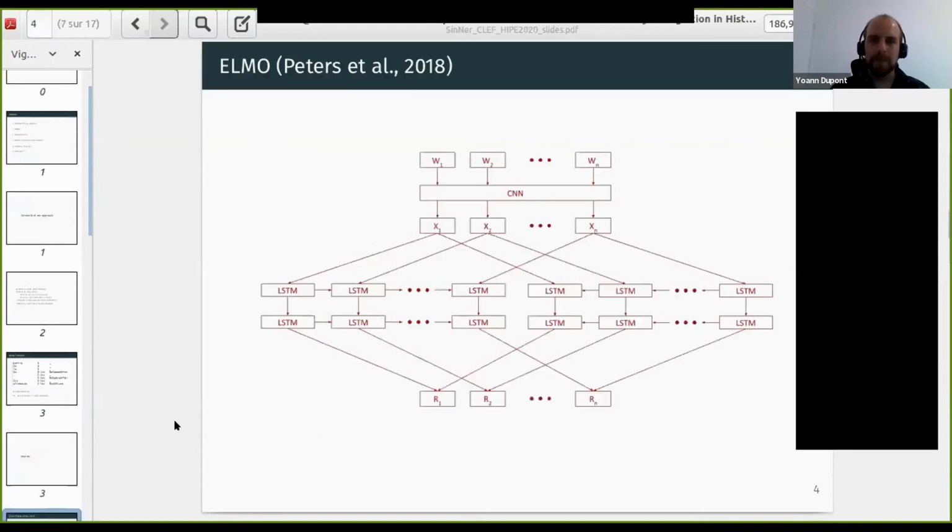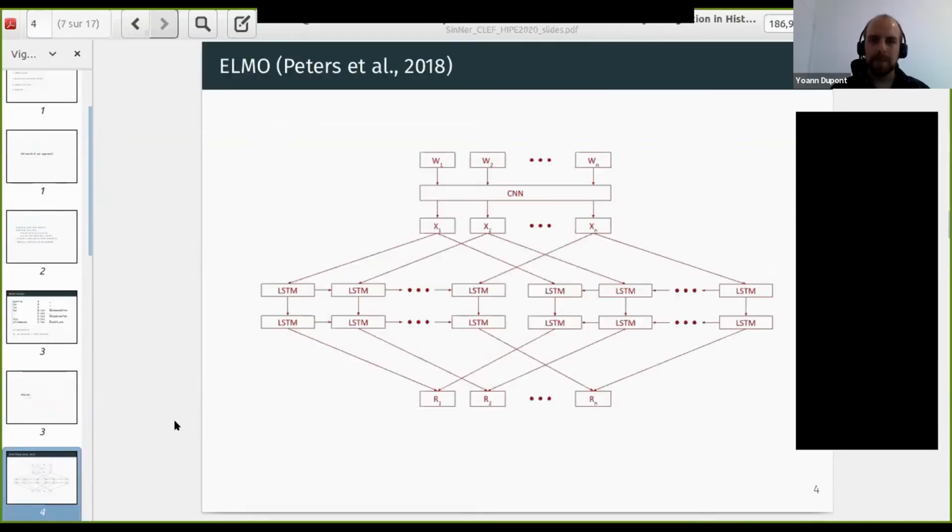So our models. The base contextualized word embedding we use was ELMo, where for each word we use a character convolutional neural network to have subwords, like n-grams for each word. And then each word will be represented as its n-grams.